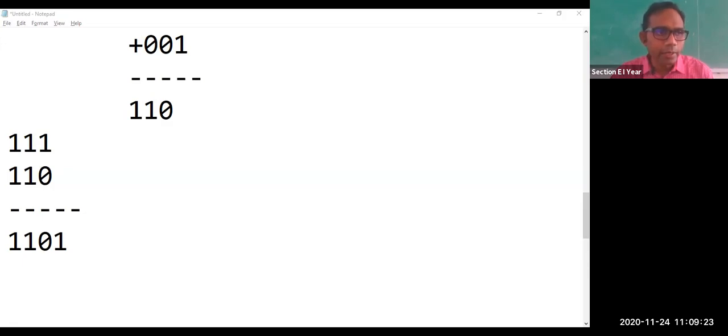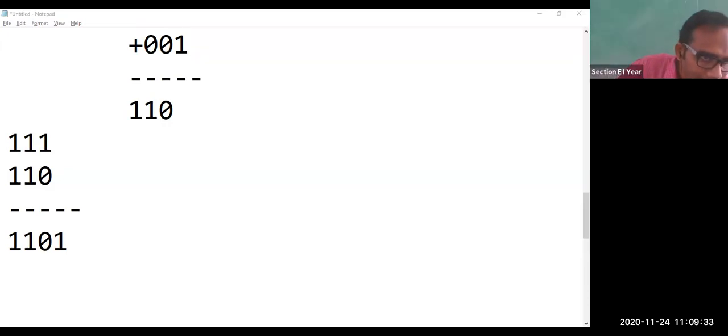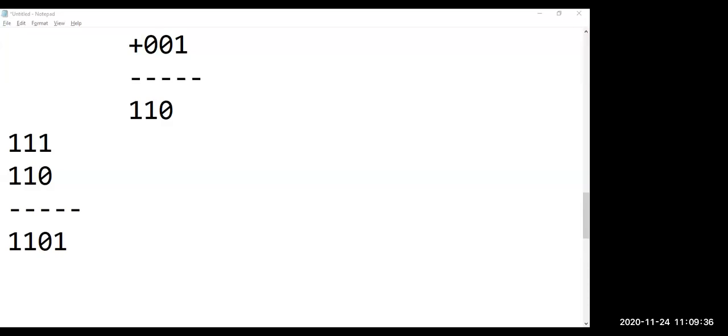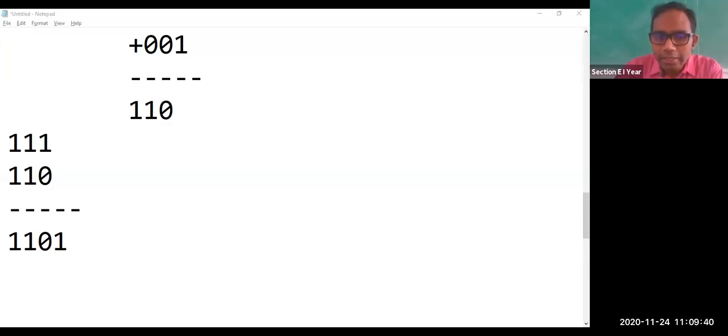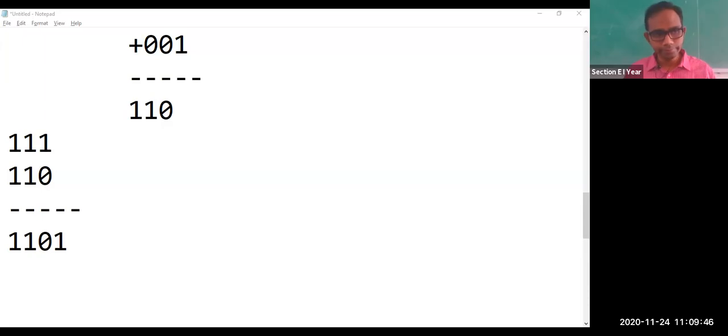Carry bit here. So what are we going to get? The next one is 1 plus 1 plus 1. Two ones are already here, and 1 is a carry bit. What is the result of 1 plus 1 plus 1? The result is 1 1. So we are writing 1 1 here. Understood? This is the addition part.